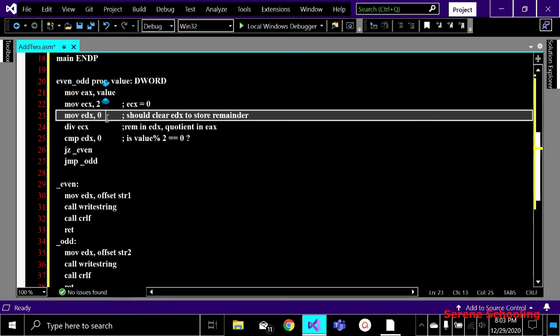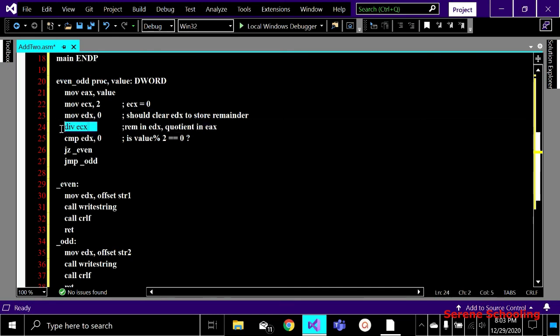I'm clearing my EDX, and then the instruction div ECX divides EAX by ECX, and the quotient gets stored in EAX. This instruction basically gives us two results, a remainder and a quotient, but the quotient is in EAX and the remainder in EDX. Right now we don't need whatever the quotient is. We are just focused on